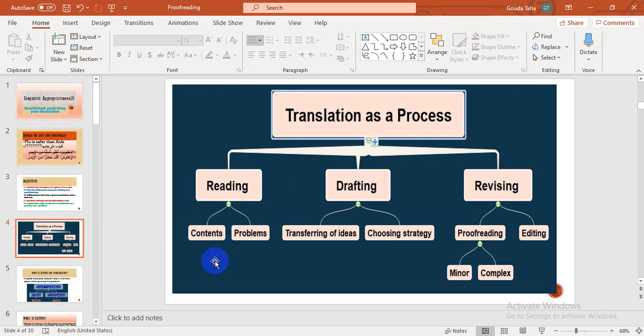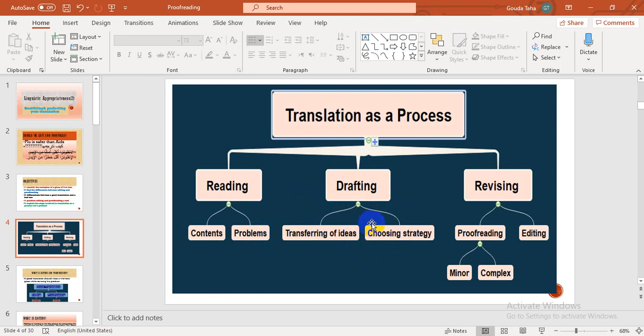And we said, how can we do text analysis? By reviewing the content, by reviewing who did what, by reviewing the communicative aspects involved in the text, by reviewing the text type, by reviewing the formality level, by reviewing the tense, and of course cohesion and coherence, and the problems in this text, whether they are lexical, word related, or syntactic ones, or grammatical related ones, or meaning ones. And also we go,